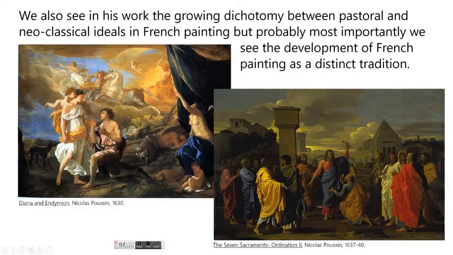In the beginning of his career, he was very interested in these very pastoral scenes, influenced by some of the mid-career Titian paintings that we looked at. And these are allegorical, mythological paintings, but they're in landscape spaces, and they're painted quite freely for him, with these more luminous and more transparent colors.